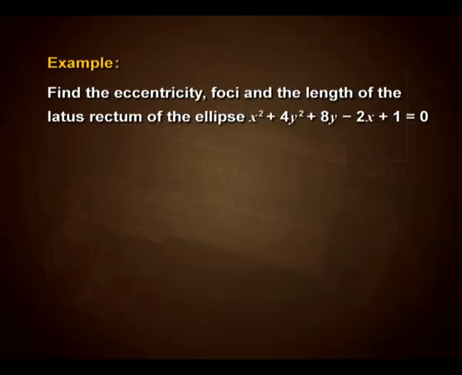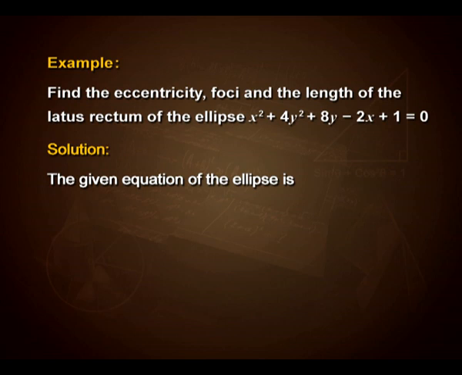Let us look up one more example here. Find the eccentricity, foci and the length of the latus rectum of the ellipse x square plus 4y square plus 8y minus 2x plus 1 is equal to 0. Look into the solution. The given equation of the ellipse is x square plus 4y square plus 8y minus 2x